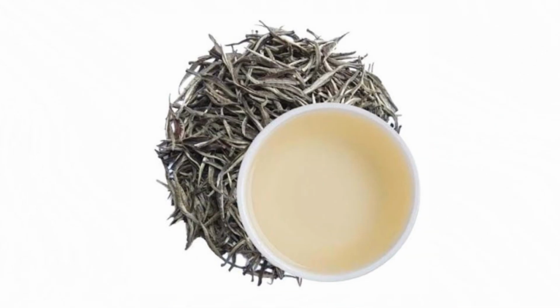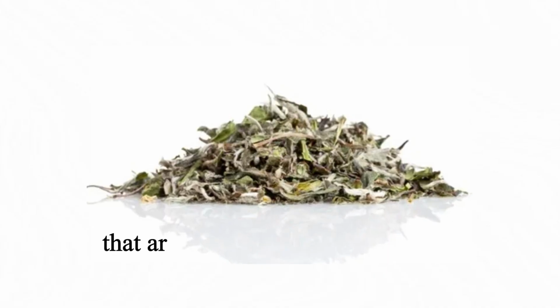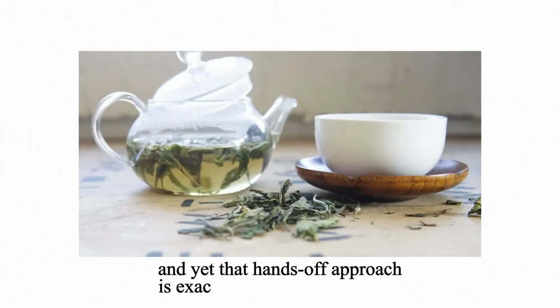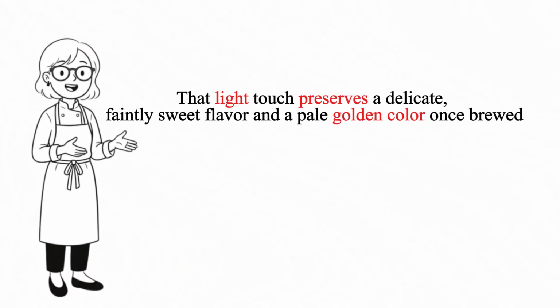White tea. Meet the minimalist of the tea world, made from young leaves and buds that are simply withered and dried, no rolling, barely any oxidation, almost embarrassingly little done to it. And yet that hands-off approach is exactly what makes it special. That light touch preserves a delicate, faintly sweet flavor and a pale golden color once brewed, like tea that never